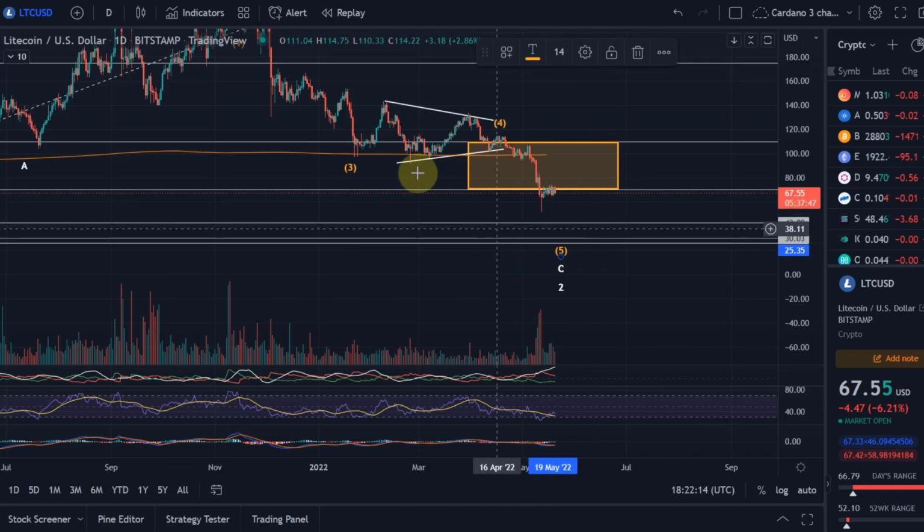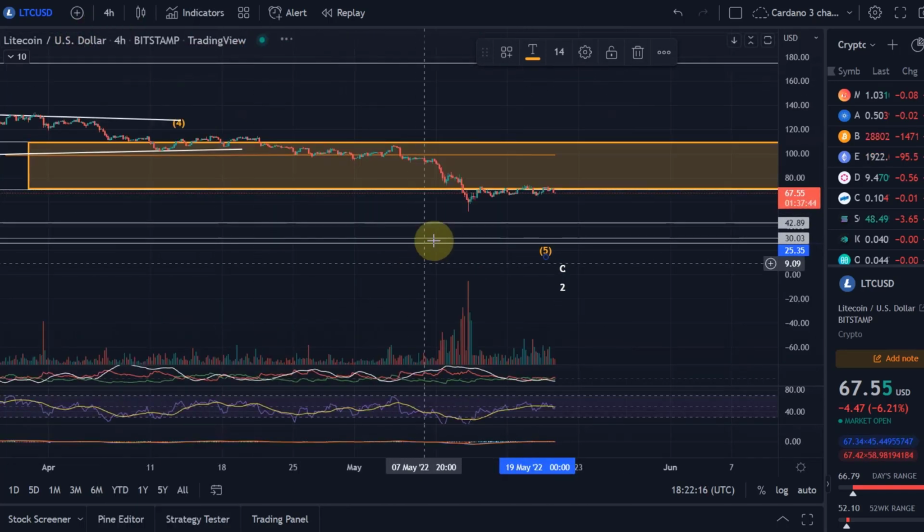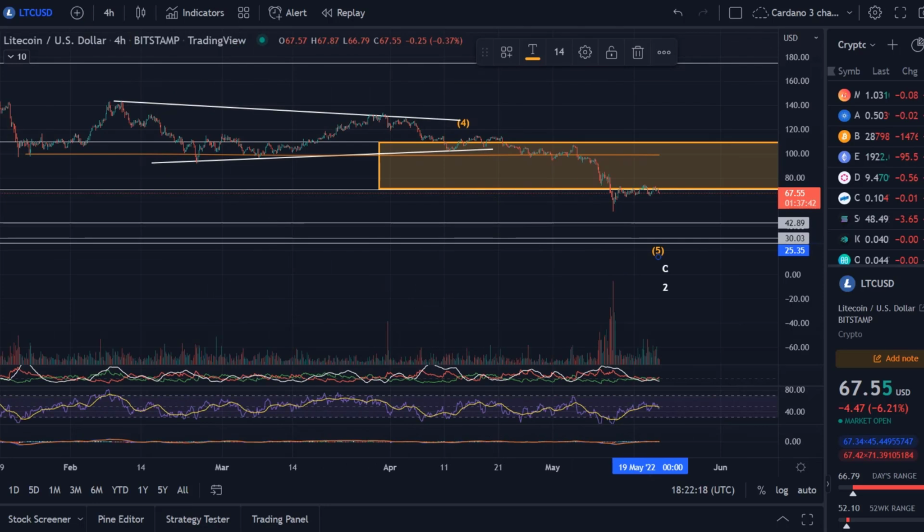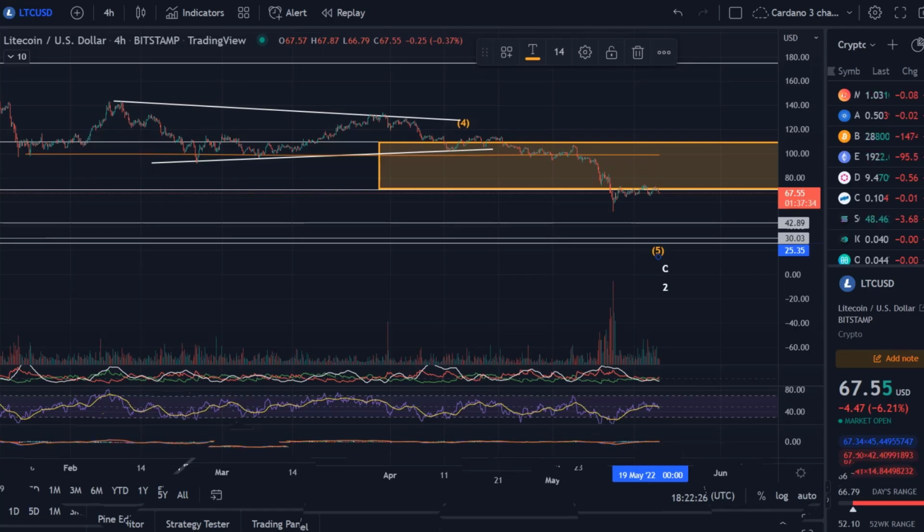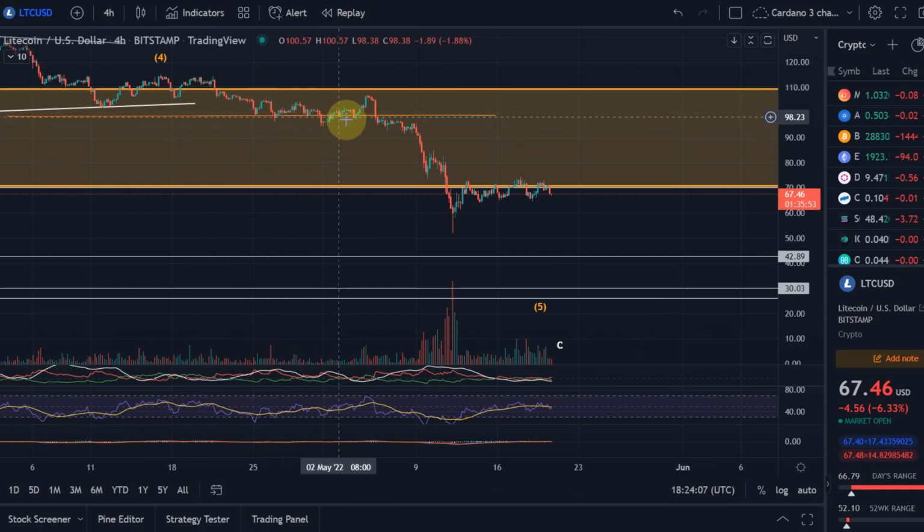And now we can take a look at the shorter time frame. Let's take a look here on the 4-hour chart. How is this wave 5 currently unfolding? Yeah, so let's take a look at that. Okay, so let's take a look at the imminent wave count here. Now, I'm not going to label every single wave because it wouldn't be a benefit. Of course, I looked at it before this video, but I really want to take you through the main waves here.